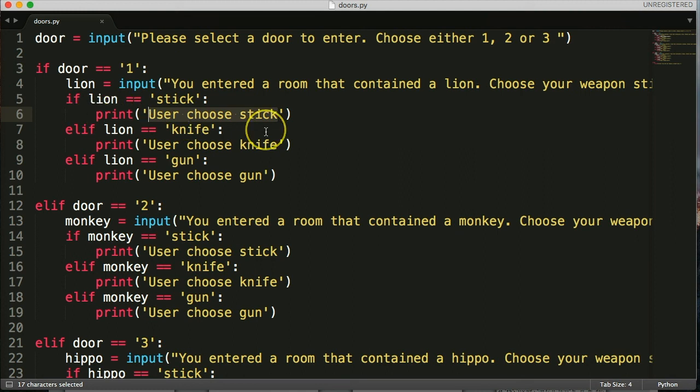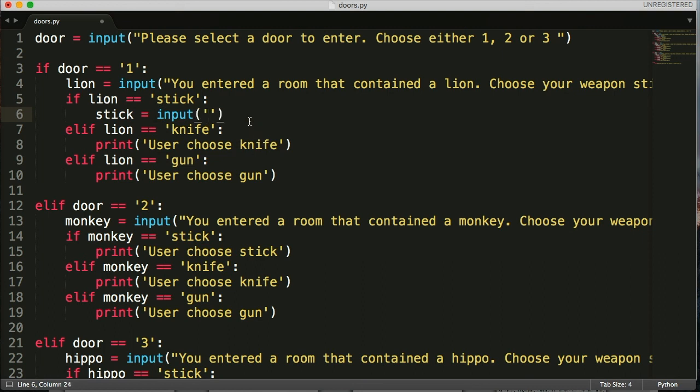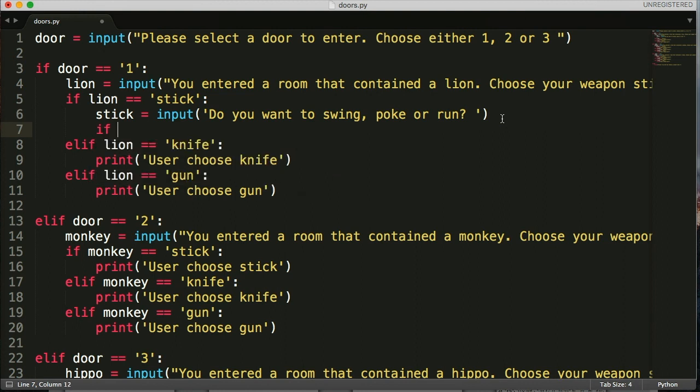Now we could extend this really, really long, and let's just do it for this one with stick real quick. We're going to add another if statement in here. So we're going to do stick, alright, and that's equal to something. So we're going to take the user's input, and we could say, do you want to swing, poke, or run? Alright, so we're going to allow the user to choose, do you want to swing, poke, or run? And then what we're going to do here is take the if statement, stick,